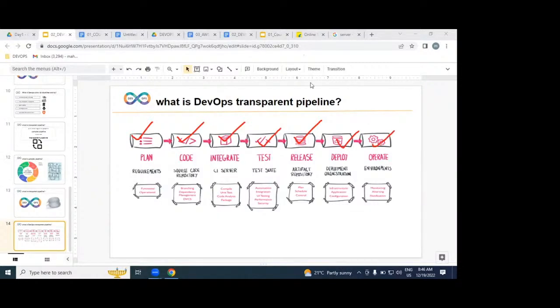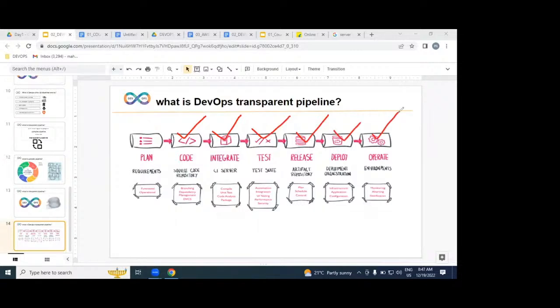But in this DEVOPS process, our roles and responsibilities start from where? Dev environment. Ends where? Operations. That means our roles and responsibilities are in the dev environment, integration, testing, release, deploy, and operations.